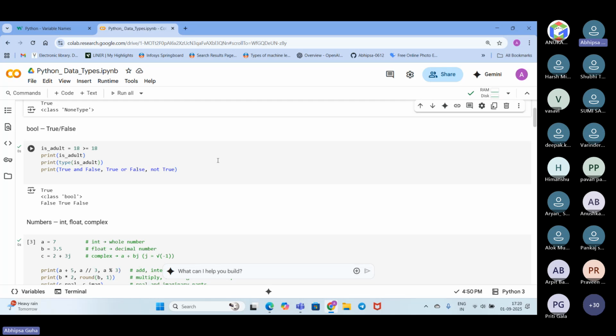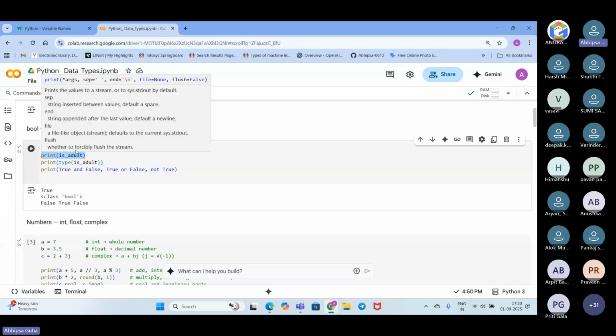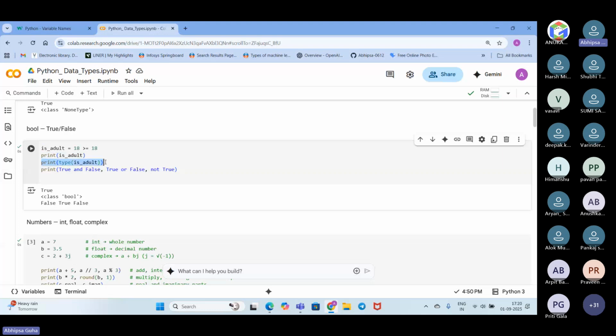We are storing the statement under a variable whose name we have kept as is_adult. Now we print this variable is_adult. Next, we get the type of the variable where we have stored this value.